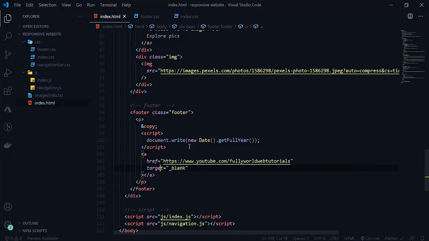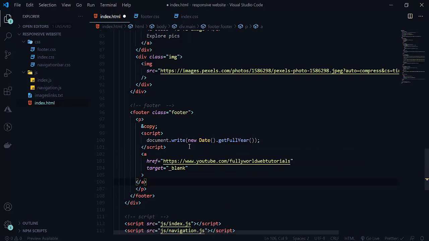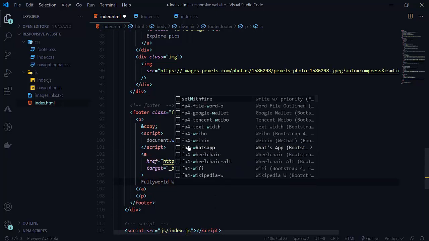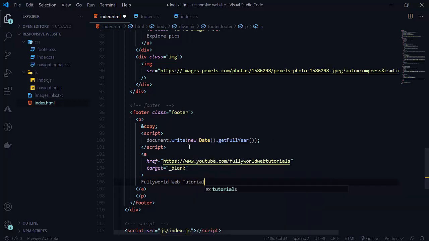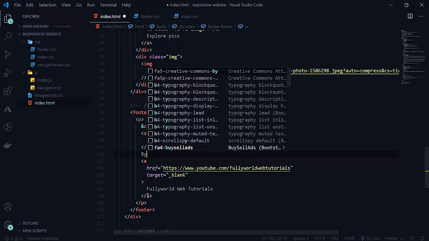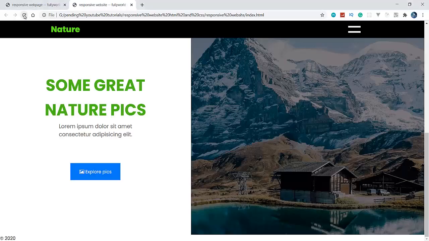The text here will be Fullyword web tutorials. So reload this. Here we are getting this. So let's style this now.